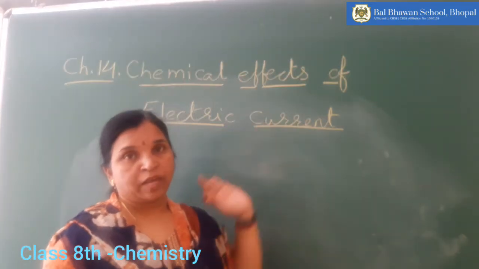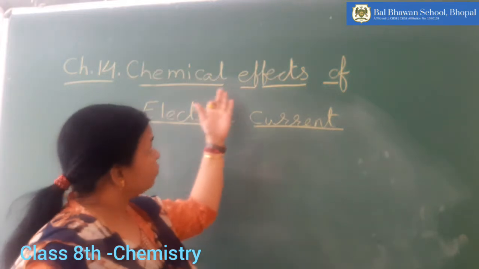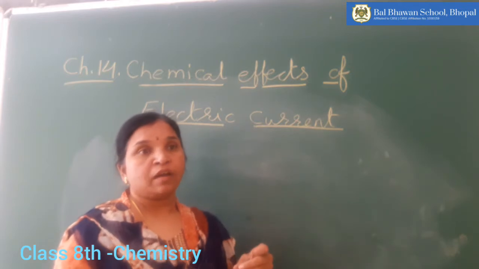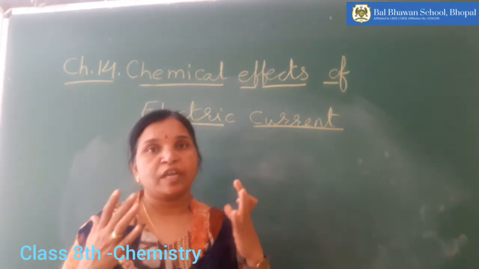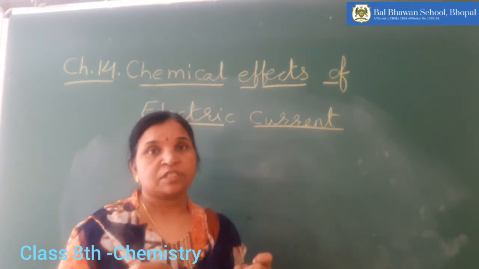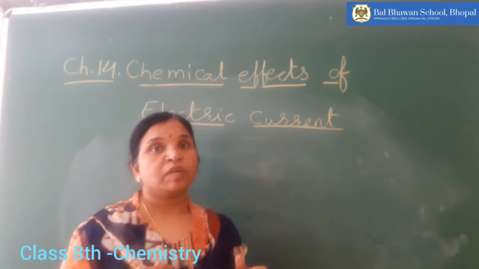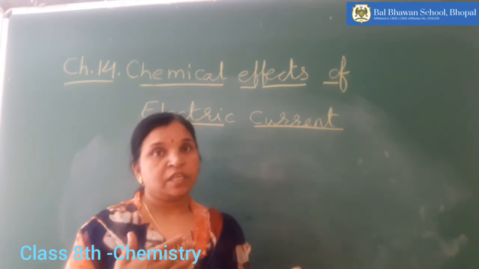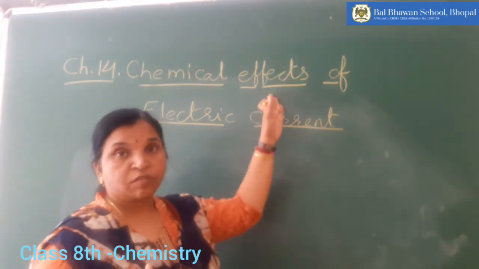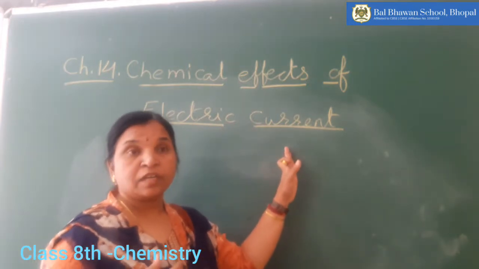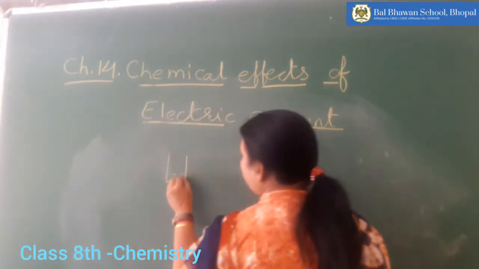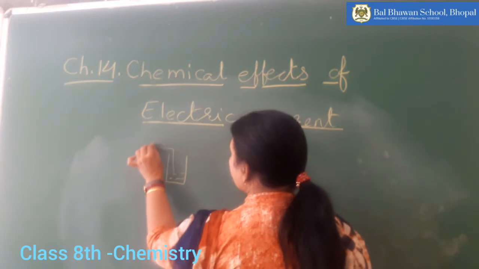So what do we mean by chemical effects of electric current? When we allow the current to pass through any liquid, if the liquid is able to conduct the electricity and at the same time it is undergoing chemical change, this effect of electric current is known as chemical effect of electric current. That means if I have used any X solution and in this I have inserted the